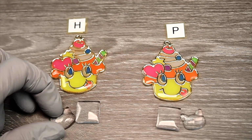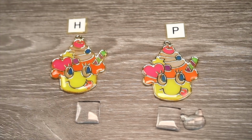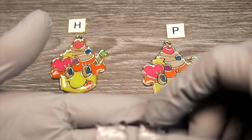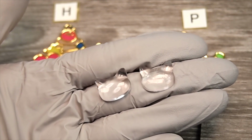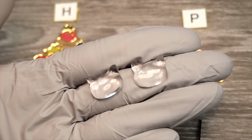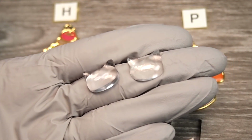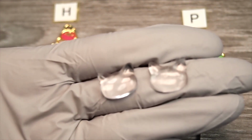We'll start with the kitty cats, and the kitty cats are the ones that I used the silicone mold for because I wanted to see the shrinkage, because UV resin is known for shrinking. And what happens when you use a silicone mold is that the resin starts to pull away from the mold as it cures, so it starts to form this ripply, wrinkly texture on the surface. So, as you can see on the right, the Padico cat,